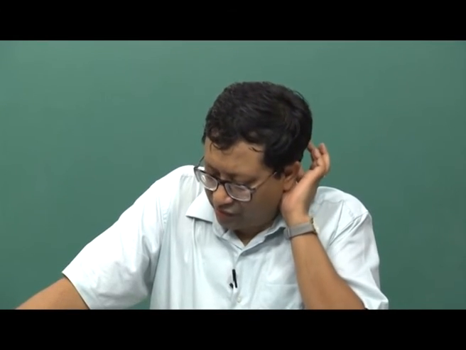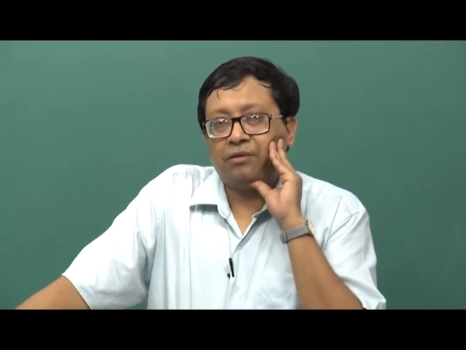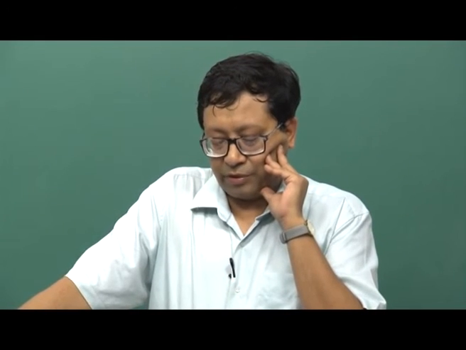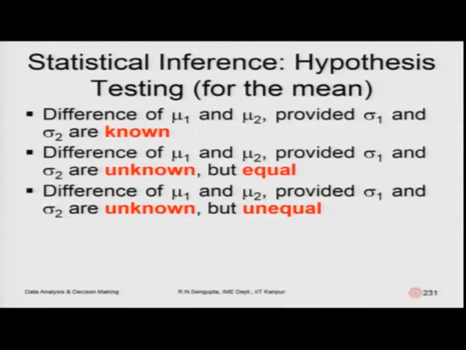Then again, when we have the difference of mu 1 and mu 2 provided sigma 1 and sigma 2 are unknown and unequal, the whole concept remains the same as the second bullet point, only the pooled variance or the standard error for the pooled sample, the formula would change, and we will utilize the same concept for all our calculations. With this, I will end the 20th lecture and continue more discussion about the chi-square distribution problems and the f distribution problems,